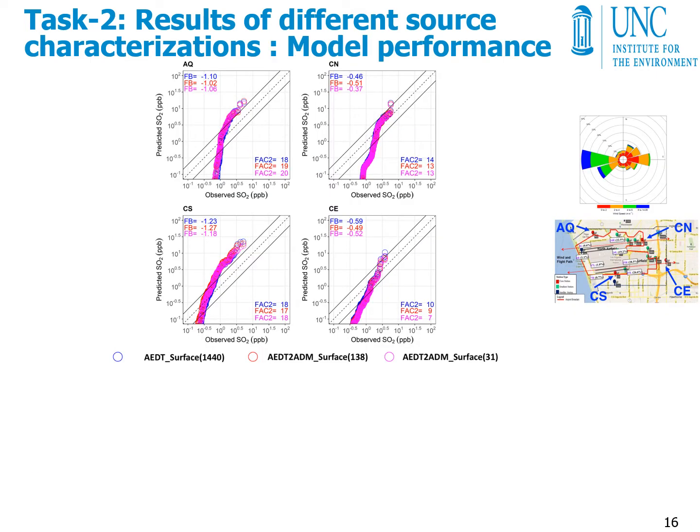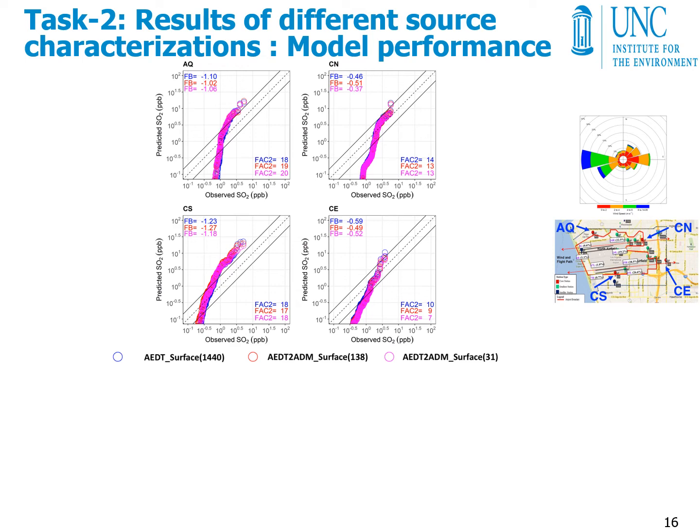This slide shows the results of Task 2, and these 4 figures show the QQ plots at 4 observation sites for 3 source number cases. The blue circle is the AEDT 1440 surface sources, the red circle is the AEDT to ADM 138 surface sources, and the pink circle is the AEDT to ADM 31 surface sources. The figure shows that there is little difference between the 3 source number cases, and model performance was